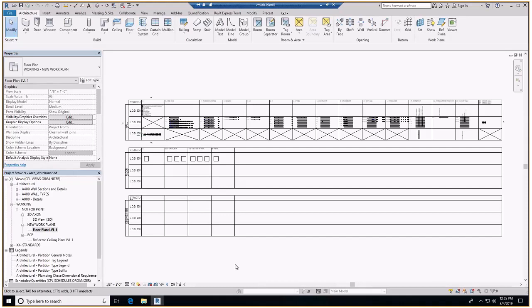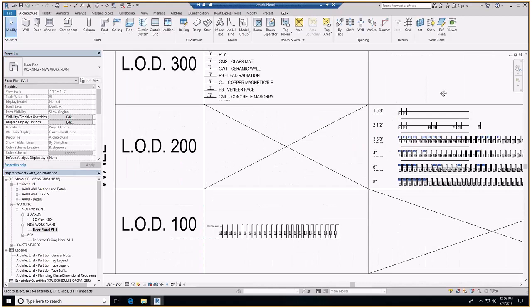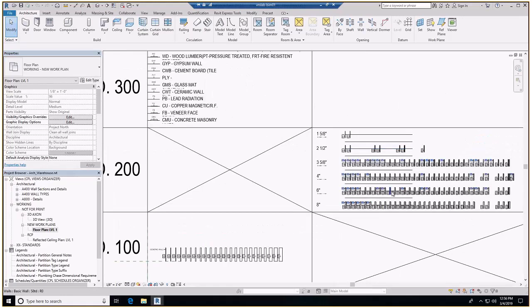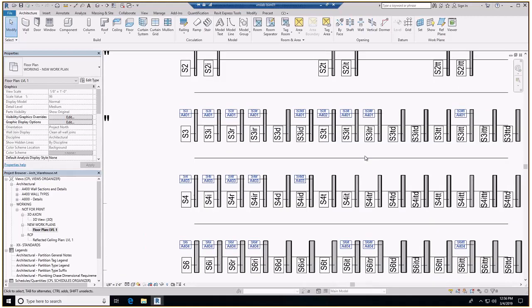So here you can see we've broken down all the system families. This is actually a floor plan with some detailed text and lines laying everything out. Everything's broken down in the same categories as they are on the A400 sheet. We've got some generic stuff, some walls that are simply single material width, so we can easily control consistency between our material standards. All the materials are actually taggable within the walls with a material tag,